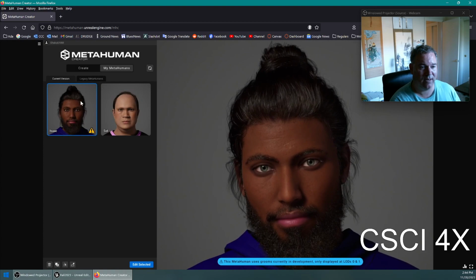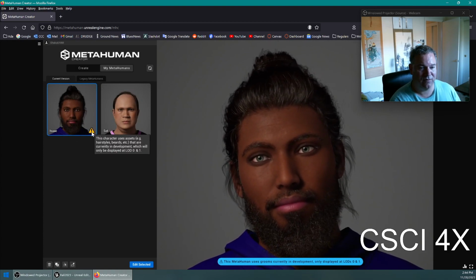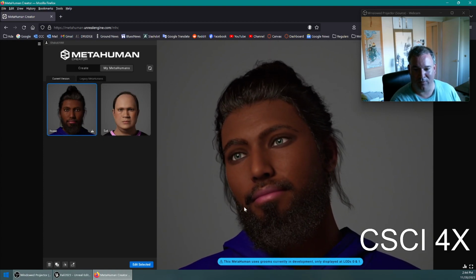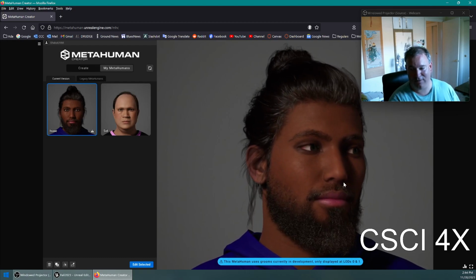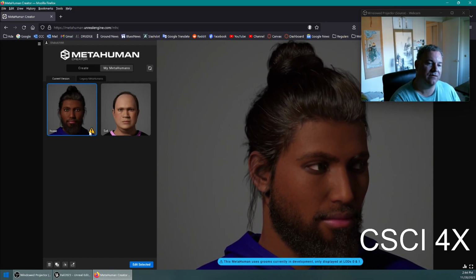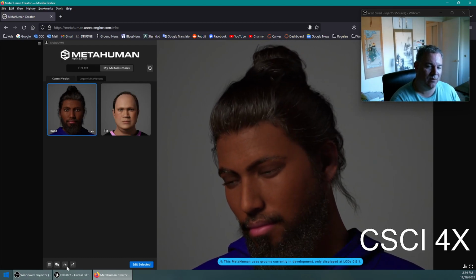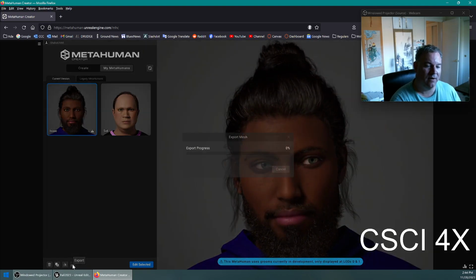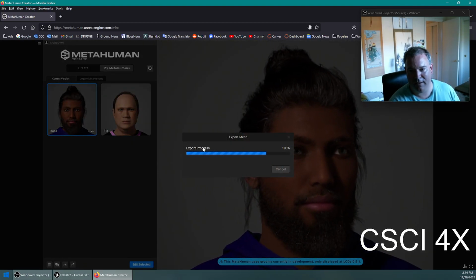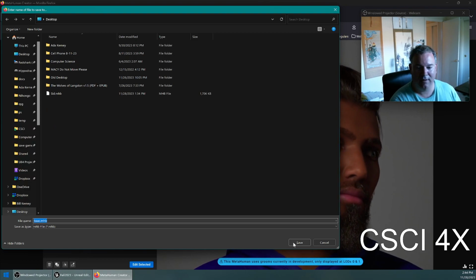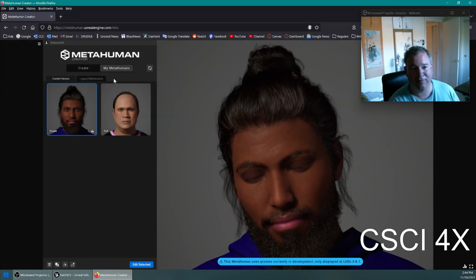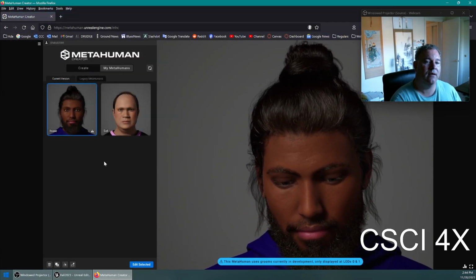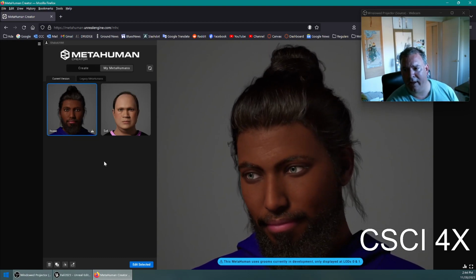And so we got Isaac here. Assets which are only displayed at LOD 0 and 1, you notice the facial hair vanished. With Isaac selected here, we're going to go over to export and click on that. Then it is going to export Isaac, and I can save it to my computer here if I want. And to bring it into